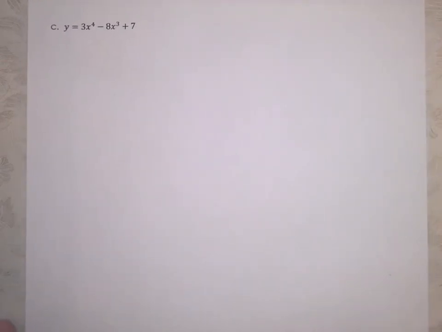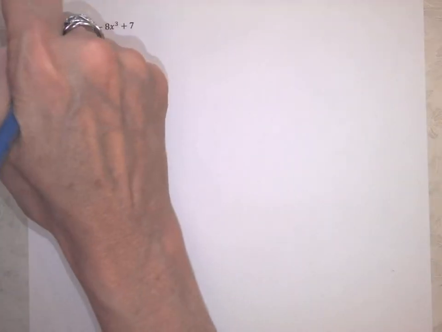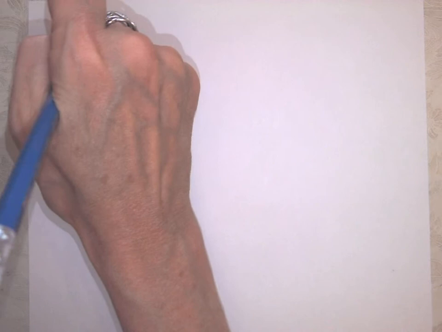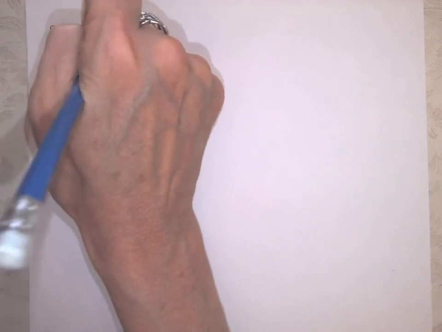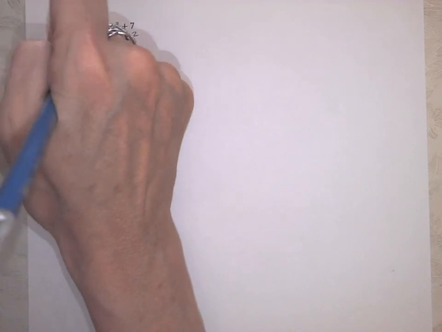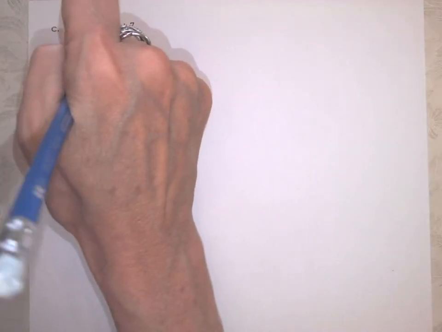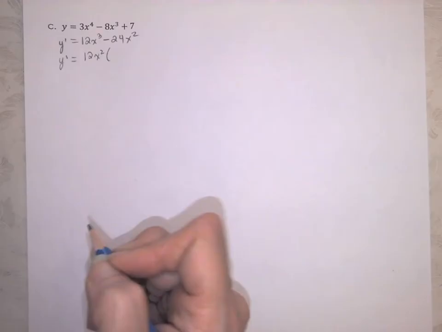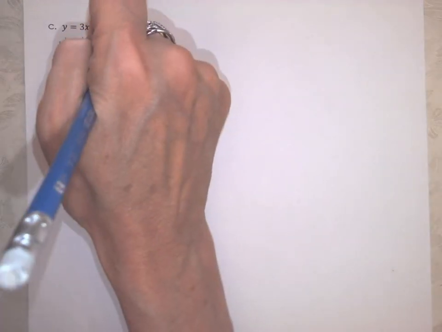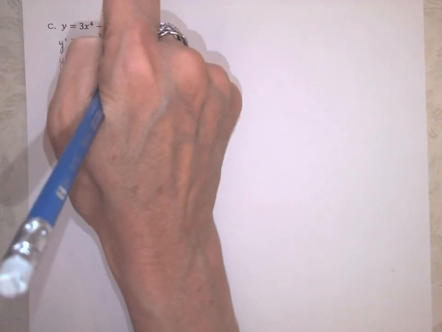Okay, our last example, y equals 3x to the 4th minus 8x cubed plus 7. This is a good example because a little something different happens here. So first let's find our first derivative. Y prime is going to be 12x cubed minus 24x squared. Simplified factored form, so 12x squared factors out as a common factor, and I get x minus 2,